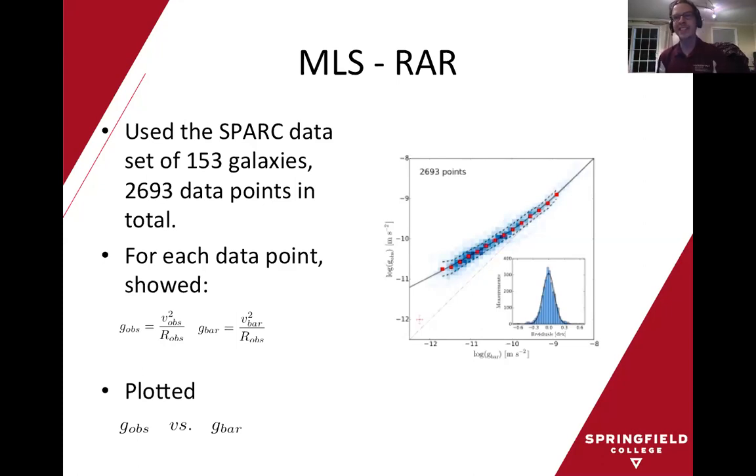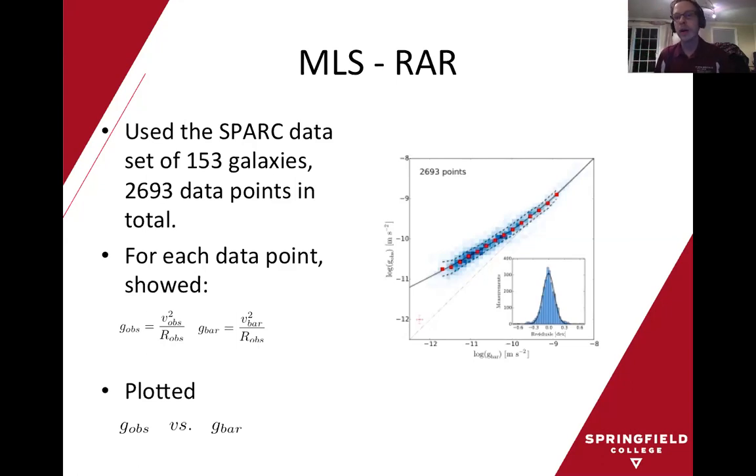Simple physics tells us that instead of measuring the rotational velocity as a function of distance, what if you instead measured the centripetal acceleration for each one of those data points? Namely, just take that velocity at that point, square it, and divide it by the r position. Okay, and so they did that for both the observed, this is the g_obs, v squared over r, and the g_bar, that which is predicted, the v squared bar stands for the baryons, the luminous matter, so v squared over r,